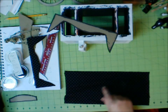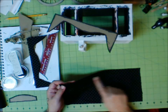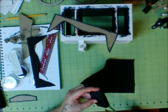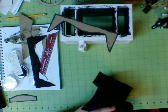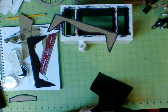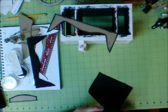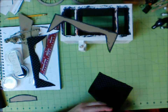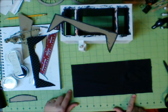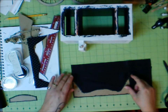We'll take our piece of cloth, and since this one has the directional, I took my scissors and carefully went along the line so it would be straight. So whenever I flip it over, and I want to do another edge here, because I want to line it up both ways, cut this one up one straight edge. And I'll flip it over, and now I know, even though I can't see it, this is a straight edge and this is a straight edge. So whenever I put my glue on here, I can line those two up, and I know that they'll look straight